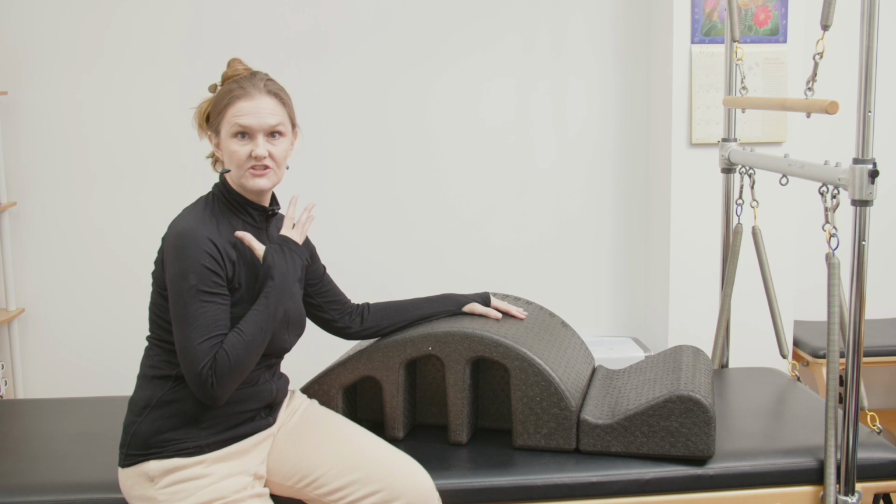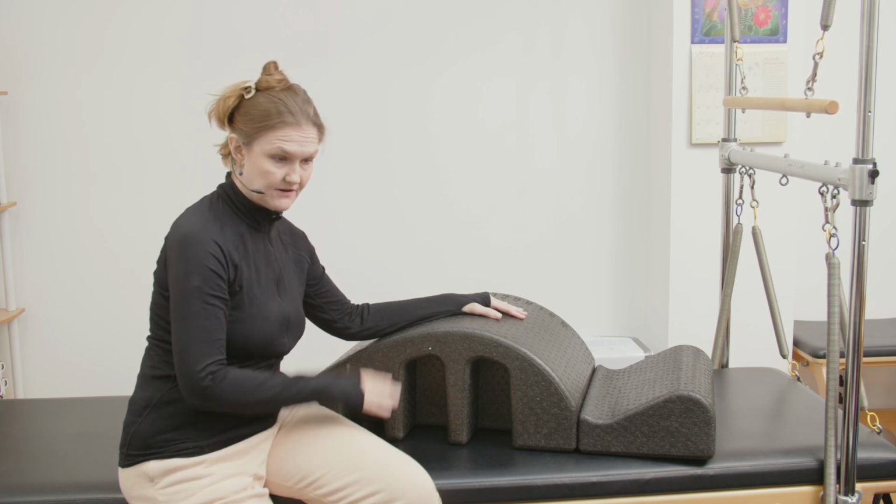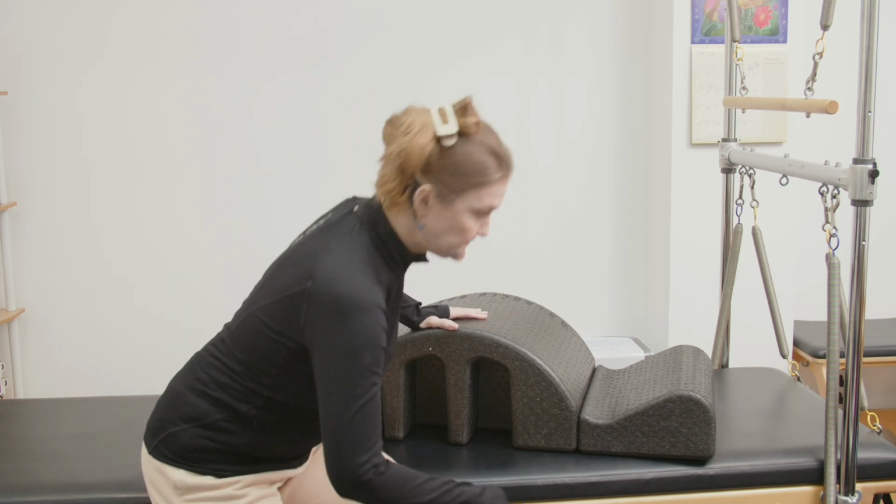control how much extension you have. That puts some tension on your neck sometimes if you're not ready for it. Okay, so